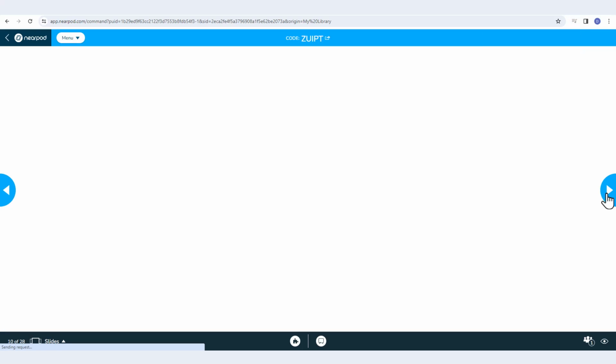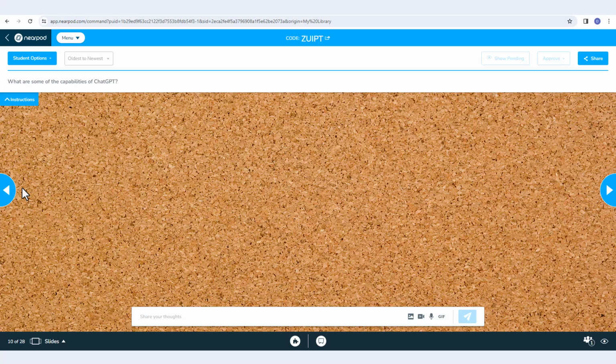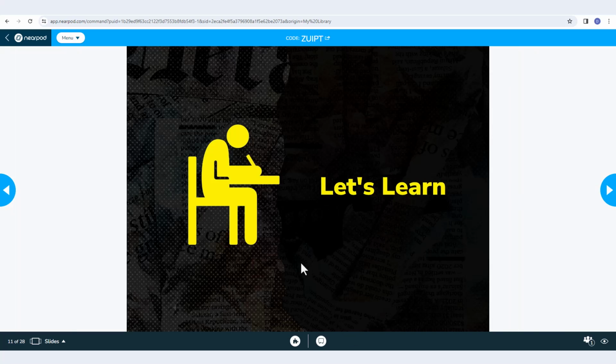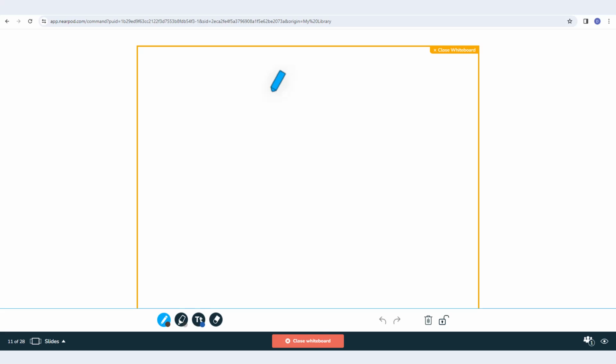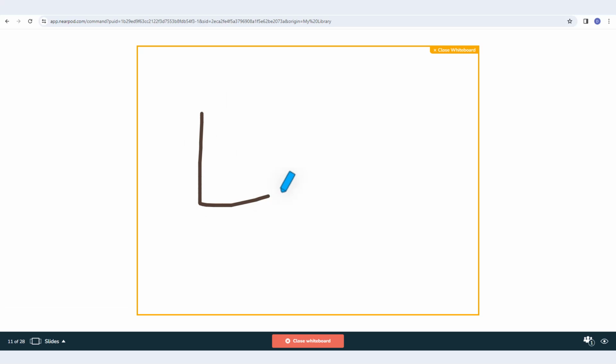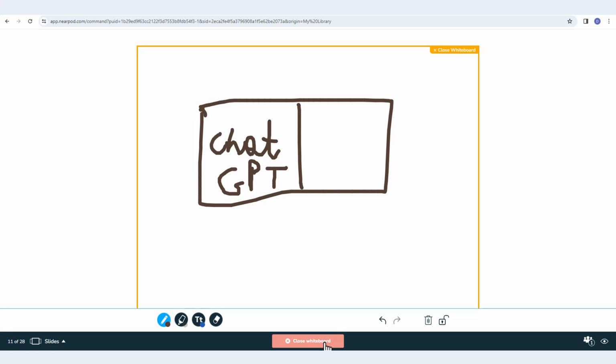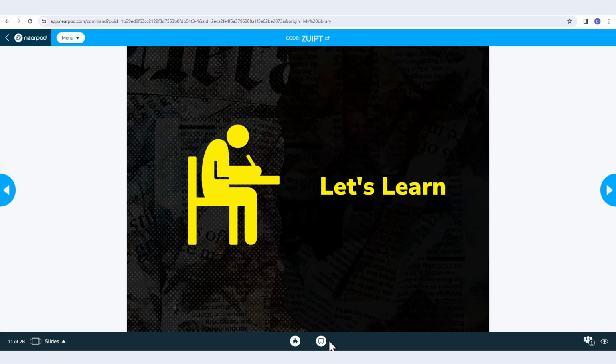Next, we go to the next component. So basically, you have the left and right arrows to advance the slides. You also have in the bottom here, next to add an activity, the option for a whiteboard. So let's say all of a sudden you need to draw something, you basically just start drawing. Once you're done with the whiteboard, you can close it and come back to the lesson that you're